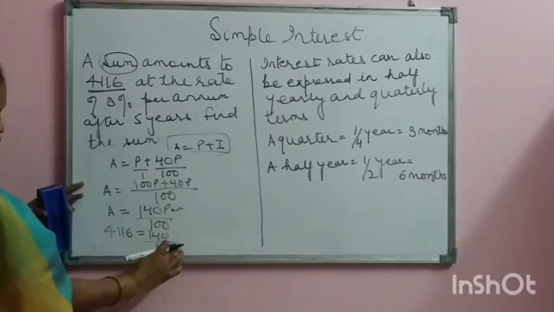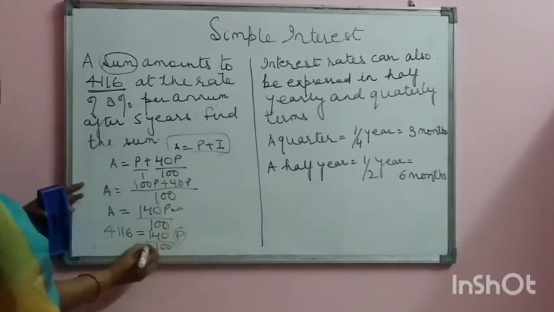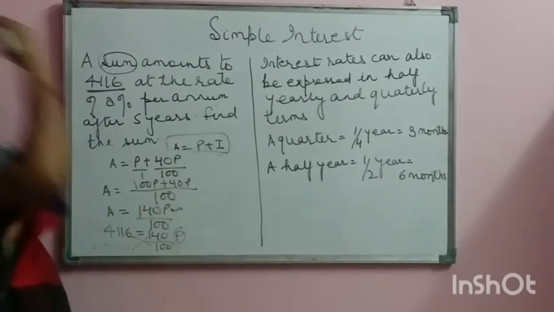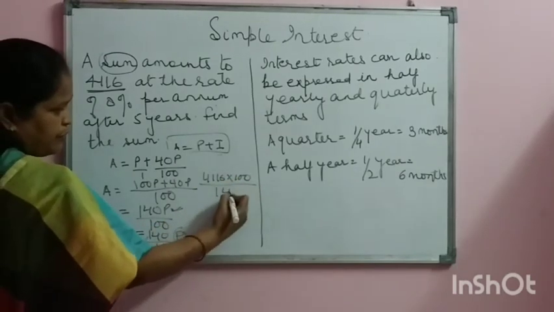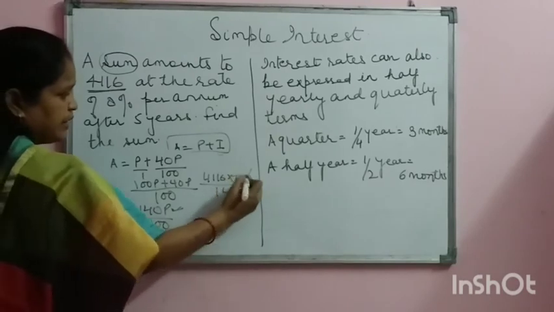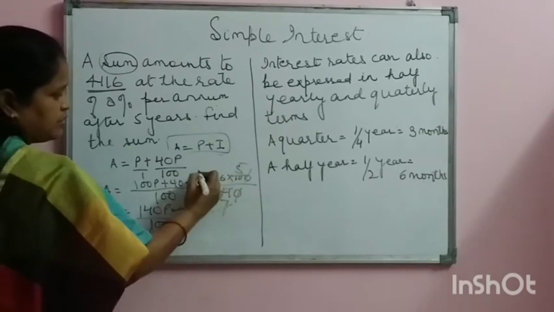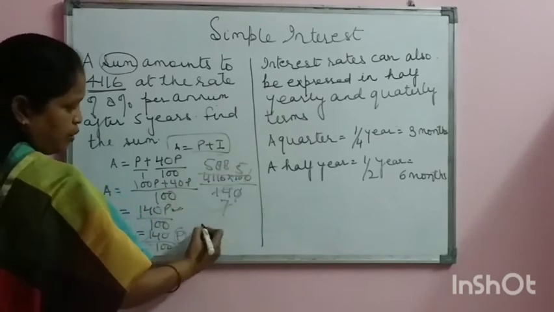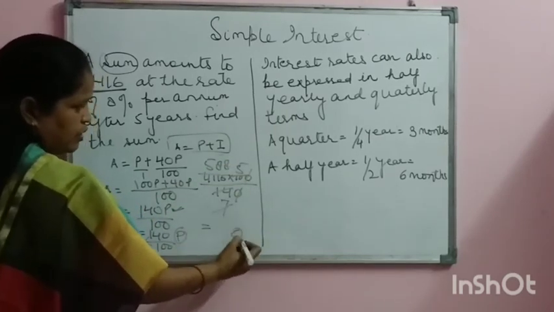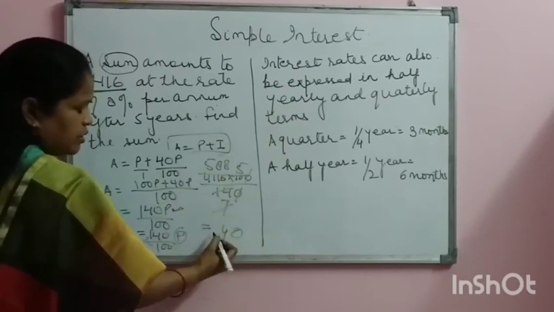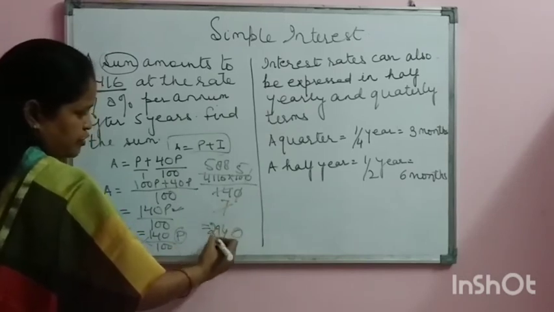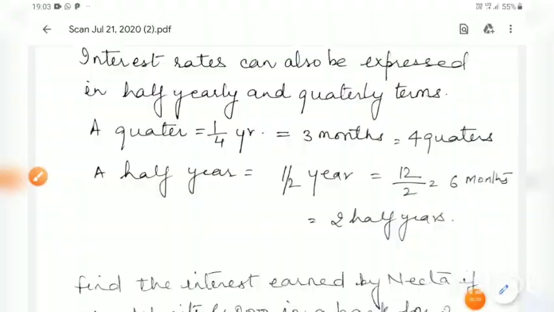Now to get this value of P, we'll cross multiply like this, which will give you 4116 into 100 upon 140. Now you will calculate, simplify like this. This will give you 588, which means the answer will be, 5 8s are 40, plus 4, 44, and 5 5s are 25 plus 4, 2940. So rupees 2940. And the latter half of the video got corrupt, so I'll discuss the remaining questions the following way.